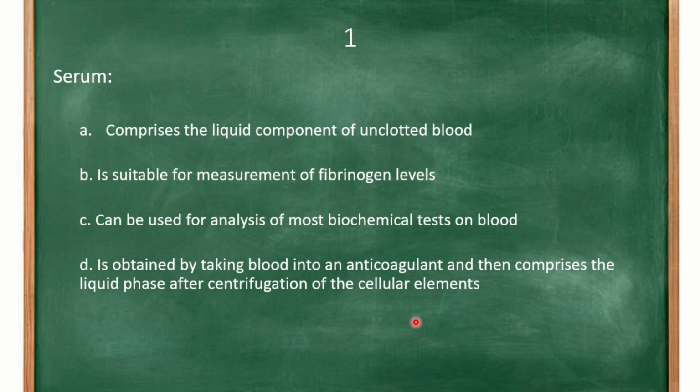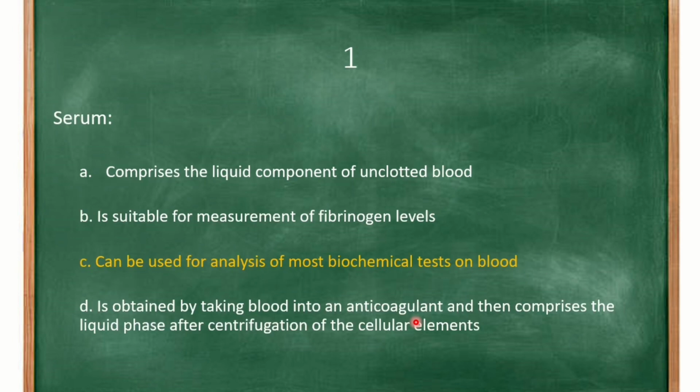C, can be used for analysis of most biochemical tests on blood. And D, is obtained by taking blood into an anticoagulant and comprises the liquid phase after centrifugation of the cellular elements. So the answer to this one is C, can be used for analysis of most biochemical